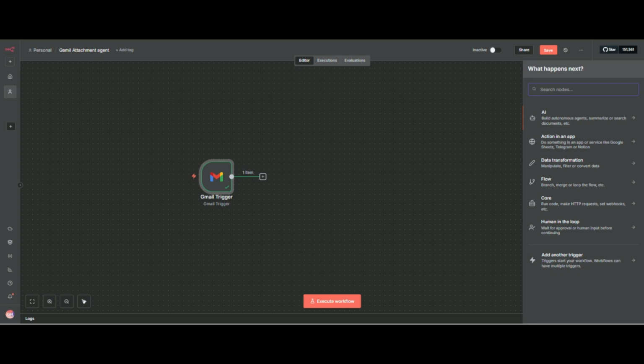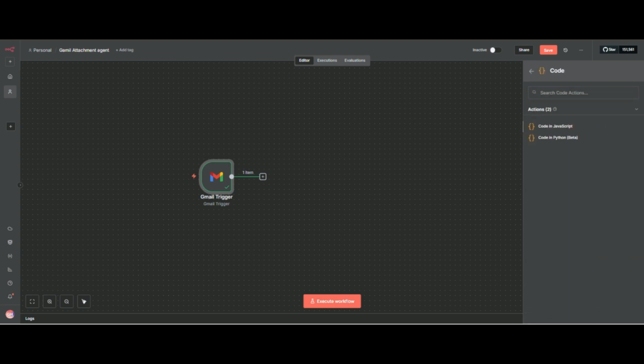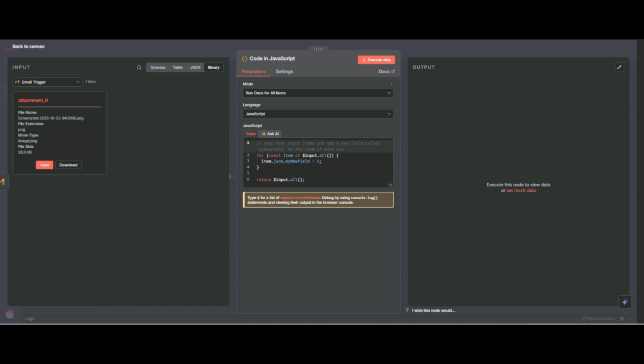Code node is one more essential and good node in n8n that makes n8n more flexible, because you can write your own code in JavaScript, and now n8n has added Python too. Sometimes we need to handle more complex data, so you can write your own code and manipulate data.